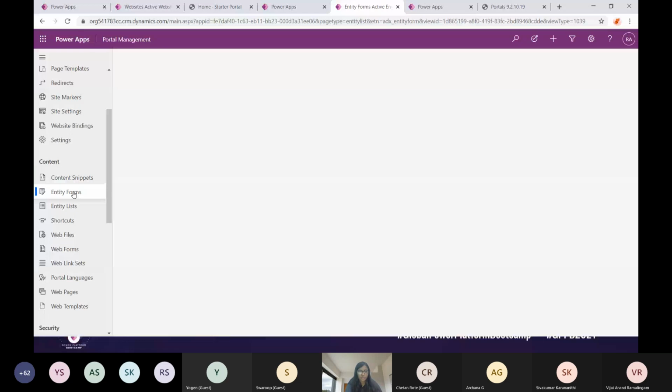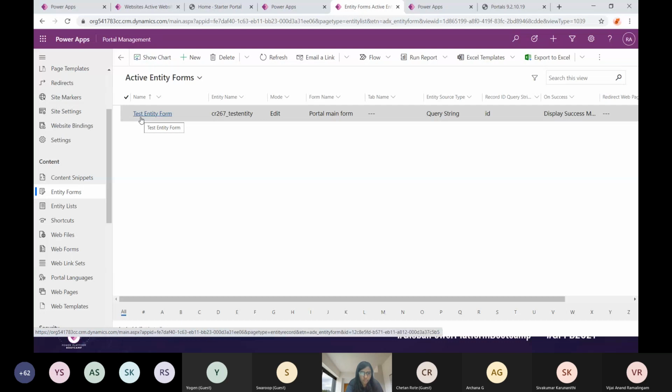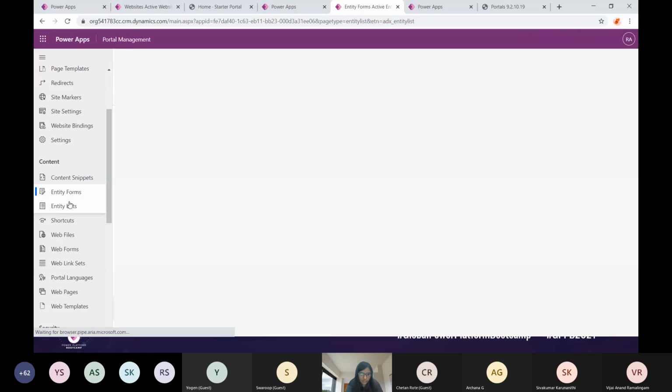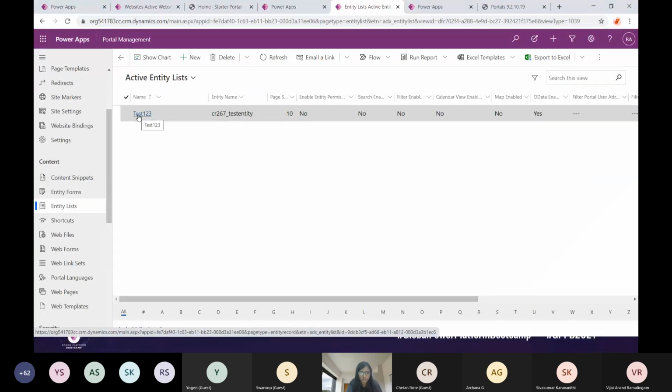Then we have entity forms. So think of a scenario where you're working with the Microsoft Dataverse instance, and you want to display data as part of it. So here in the entity forms, you connect it to a form which is there on the table, and you specify which record to show, if it is going to be an edit mode or if it is going to be a new mode. And similarly, it will show the record. When you want to display a list of those items, then you can use the entity list, and it refers to a view. So you can specify a view, and with the help of it, you'll be able to list out certain set of data. And if you link it with the entity form, you'll be able to see details inside of individual.